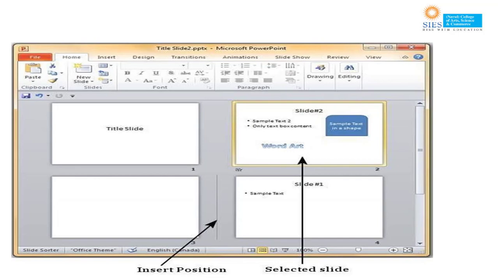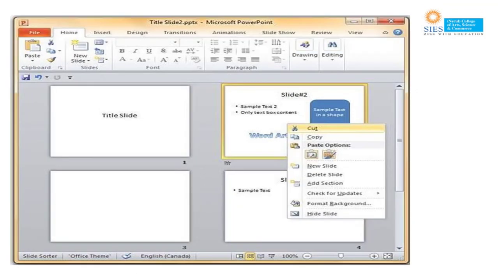And then when you get to the right position, release the left click to insert the slide. Alternatively, you can also cut the selected slide and paste it back in the sequence. So this is how you can paste it and see whether it is pasted on the correct position. And by using slide sorter view, you can check all the slides at a time, or 4 or 6 or 8 slides at a time.